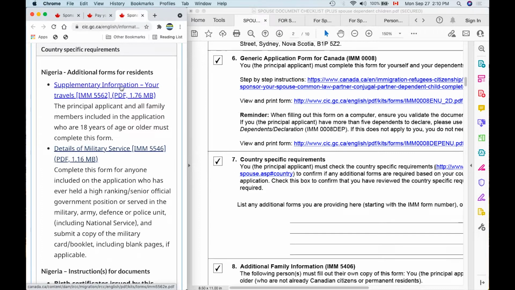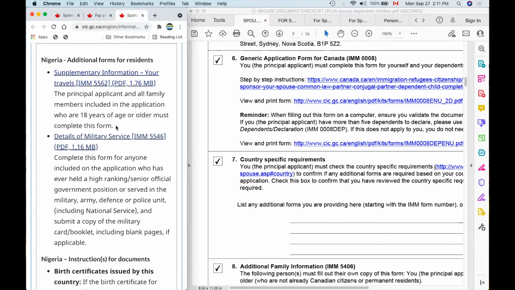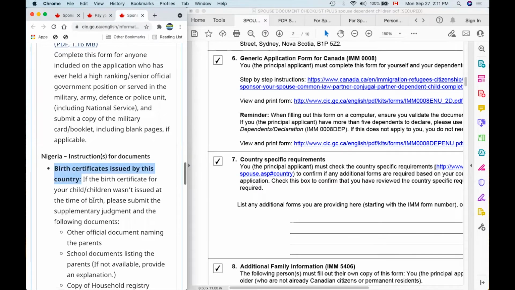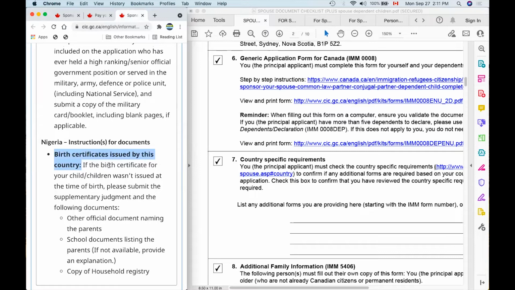supplementary information rather, which is all for travel, details of military service. If you read this, it's going to explain to you what this means, right? And then these are going to be things like the birth certificate issued by this country. This is what it means by number 7,